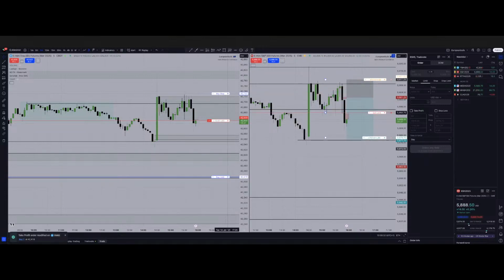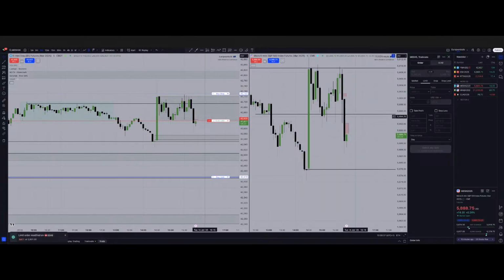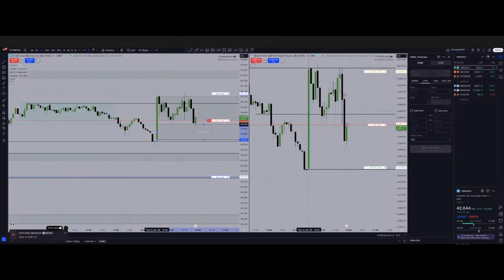I want to sell here, but I think I will sell on the micros. Maybe here I will take 4, 5 sells somewhere around here. SL above, TP below, sell. It's a bit of risk on this trade because the price is at the imbalance, but I think it's worth the risk,